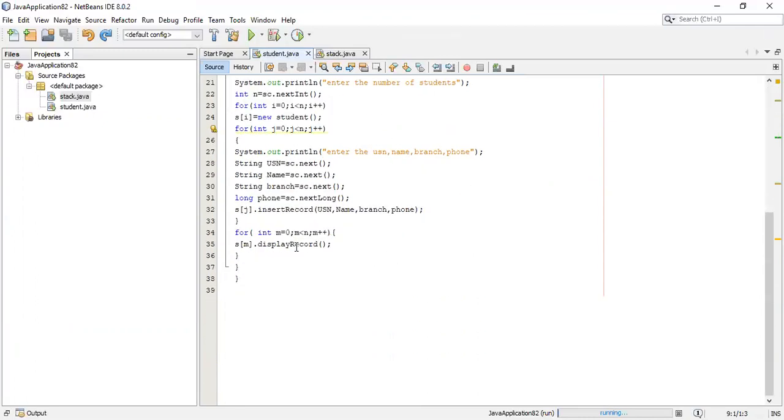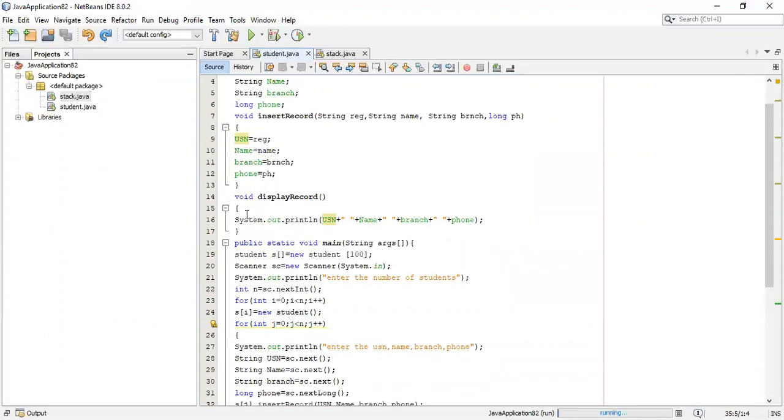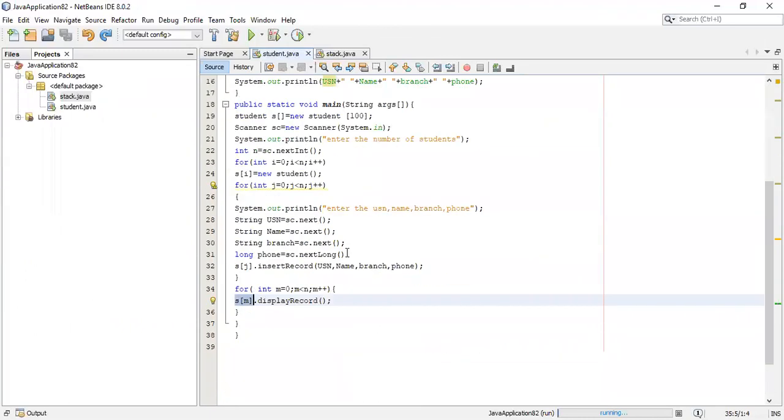After storing the details in the class variables, you are going to display the student details. In a similar way, you use the object of the class and call the member function display record, which goes here, and it will display the student details.